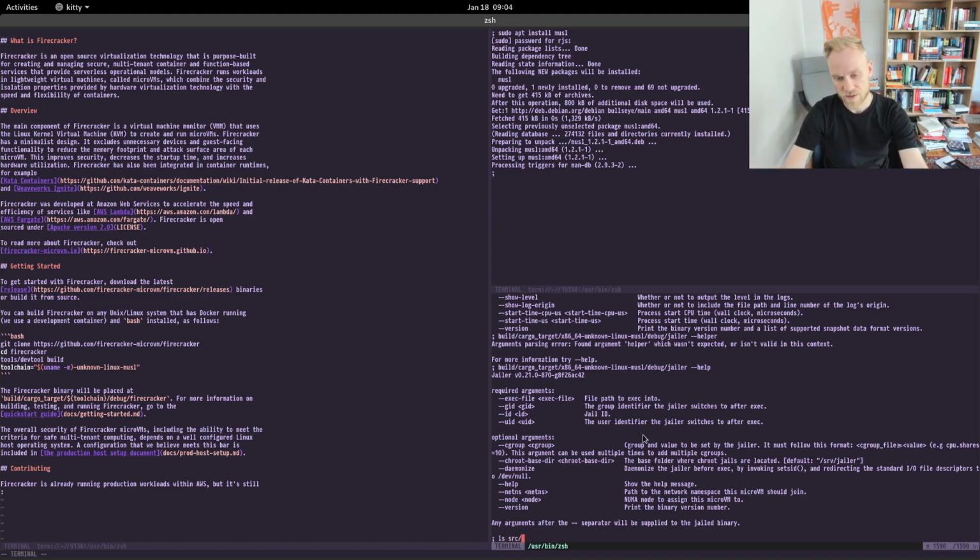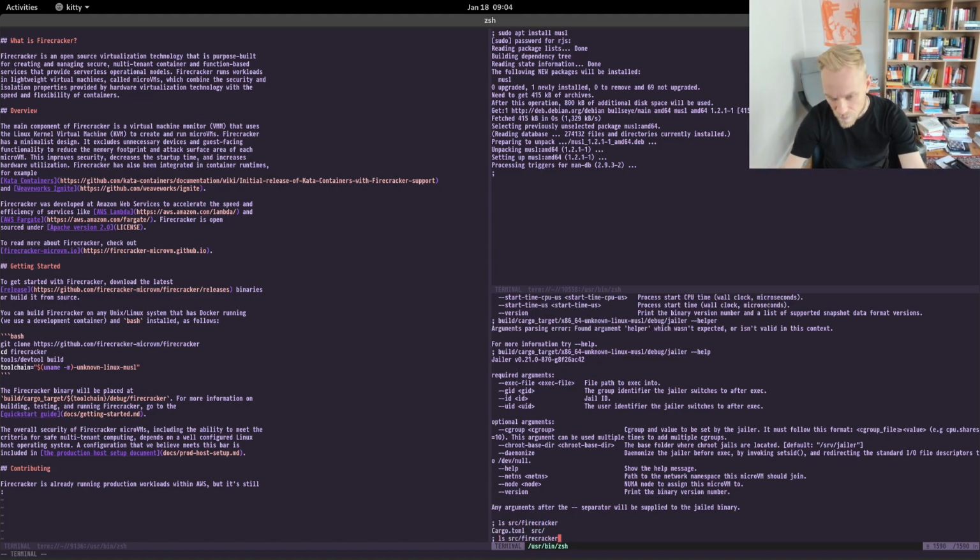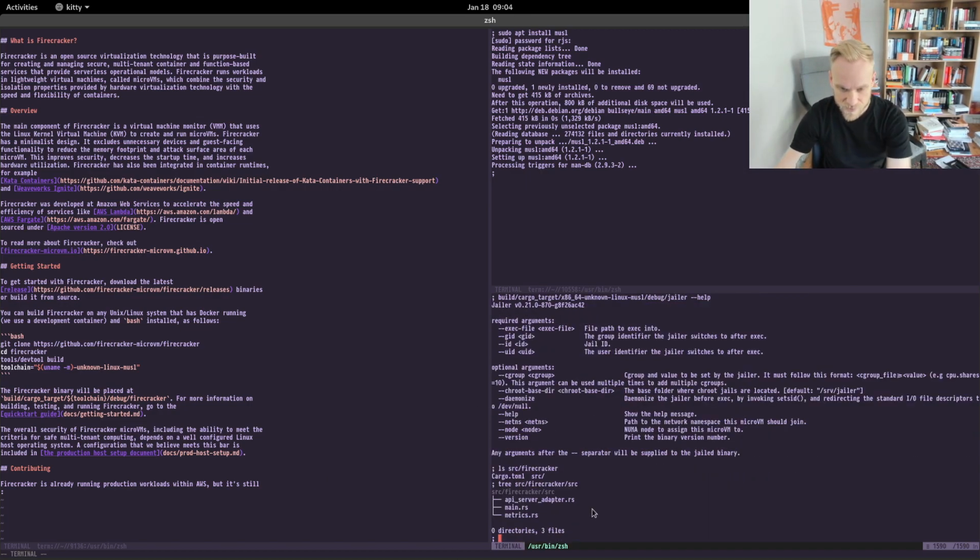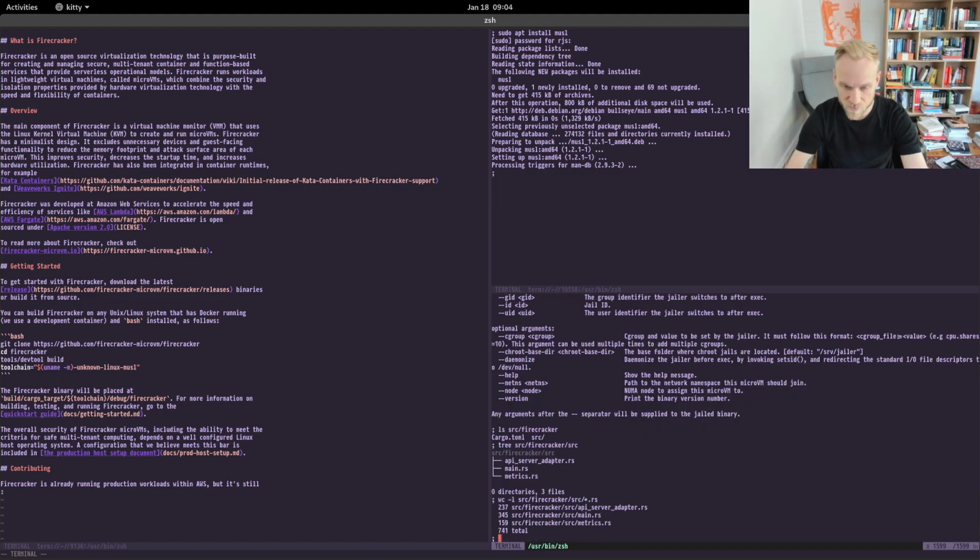Let's give a really good example here. You'll see that the Firecracker source code is these three modules. And if we run wc -l on each of those RS files, you'll see there's 741 lines total, which is astonishing.